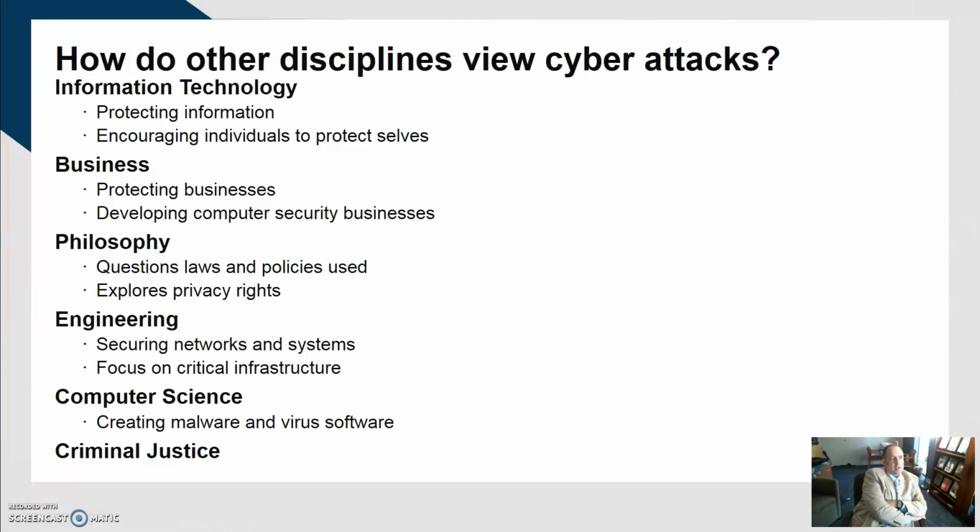Engineering would be concerned about how we secure networks and systems and the critical infrastructure. Computer scientists would be interested in how to create malware and virus software and how we develop that software, whereas criminal justice scholars might be focusing on how, as a criminal justice system, we can control these sorts of attacks. None of these disciplines will control it. We need to work together, and work together in generating knowledge, generating information, and generating appropriate responses to